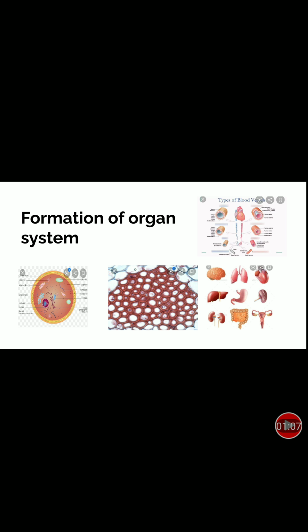Tissues having the same structure and function come together and form an organ. We have stomach, liver, lungs, intestine, kidneys, eyes. These are organs, and these organs later form the organ system, like a circulatory system, where you are going to study about the heart, blood vessels and their movement. Most of you studied these in your lower class.